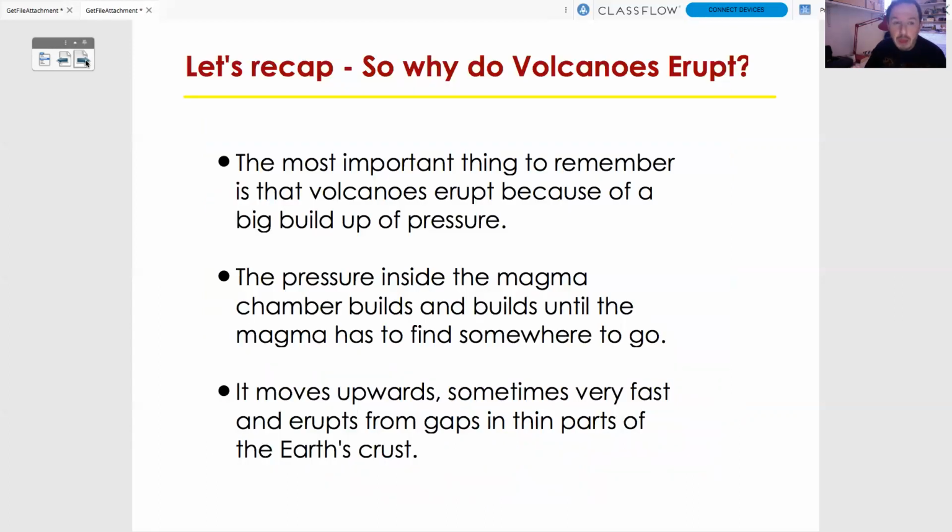Now, let's just recap. Why do volcanoes erupt? The most important thing to remember really is that volcanoes erupt because of a big buildup of pressure underneath the ground. And that pressure starts building up inside the magma chamber. It builds and builds because all of these gases push the magma up and it's got to find somewhere to go. The magma moves upwards, sometimes very fast, and erupts from gaps in parts of the Earth's crust. We call those gaps volcanoes. And we say they're erupting when that pressure from under the ground has pushed the magma up. All right,